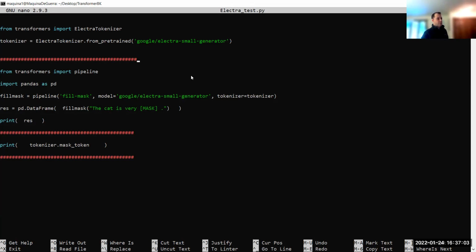And then notice over here, you do from transformers, import pipeline, import pandas as pd. And now look at how interesting this is. So this is Electra. I believe Electra is a BERT type of an encoder, if I remember correctly. What they do with these transformers is they would give it two sentences.